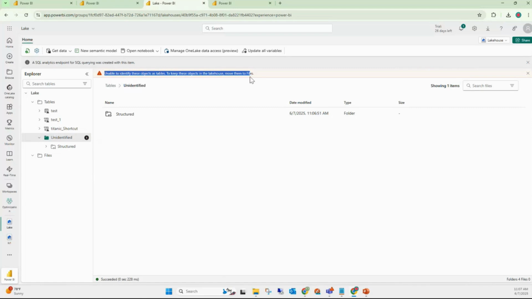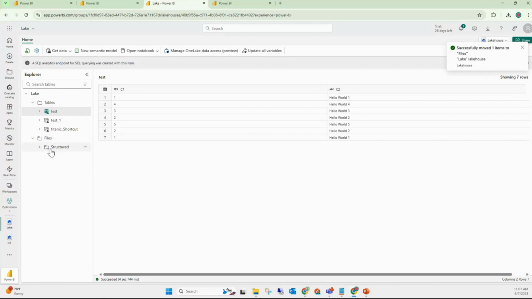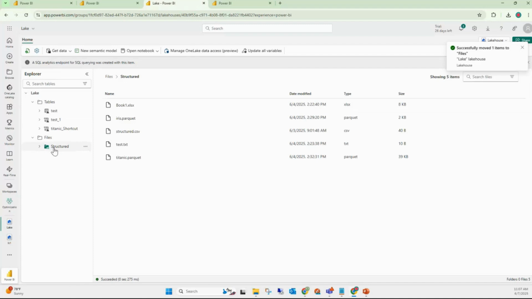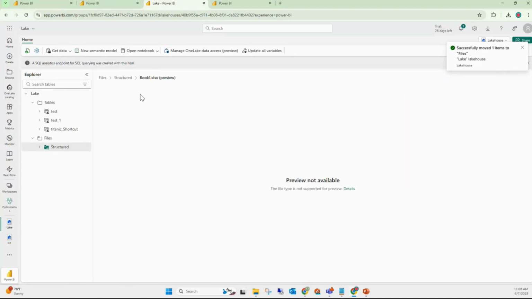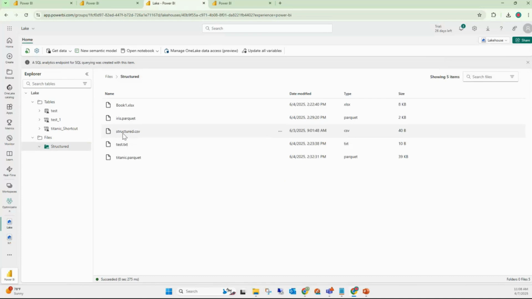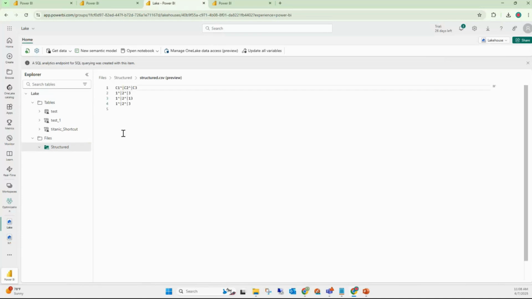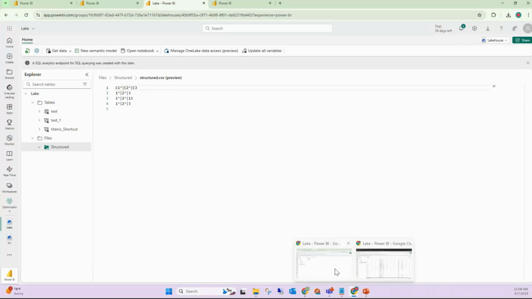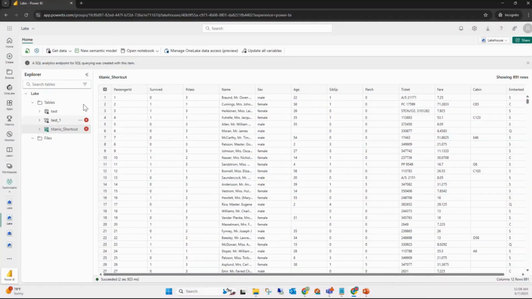To keep these objects in the lakehouse, I have to move them to the file section of the lakehouse, because these are underlying files, not in delta parquet. They're a mixed set of files. So now I have to move this to the file section. And now I am able to access the files that are present within the file section of Lakehouse 1. And now, if I go and refresh this page,